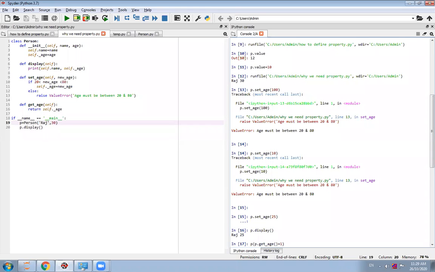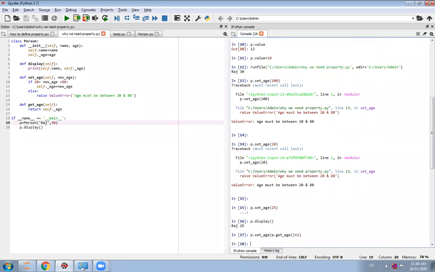So here we have to set age. With the get age you update the age, and by the set age we set the age. By doing this, yes, it is possible to increase the age.